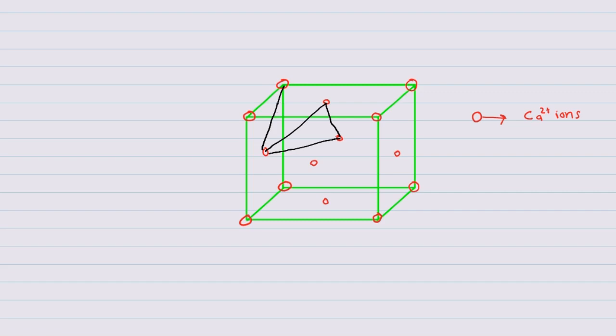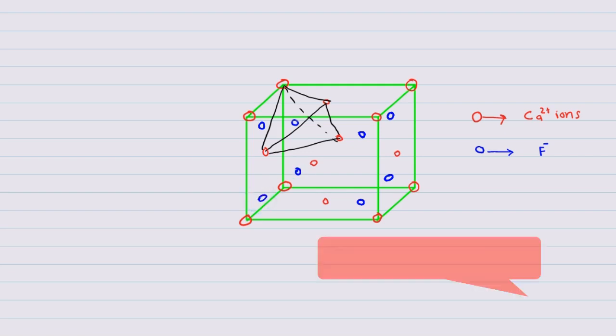Now if we join the 3 face atoms to the 1 corner atom, as you can see in this figure, 3 face atom, that is back face, top face and left hand face, to the 1 corner, so we get a void here. So if this blue circle indicates the fluoride ions, so this fluoride ion will occupy this void. So we will have similar void near each corner. So these 8 fluoride ions will occupy these 8 tetrahedral voids.